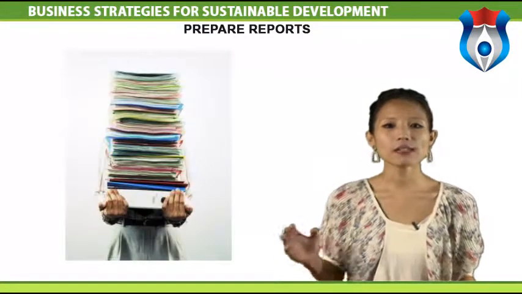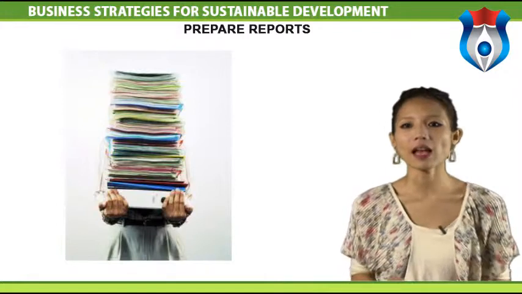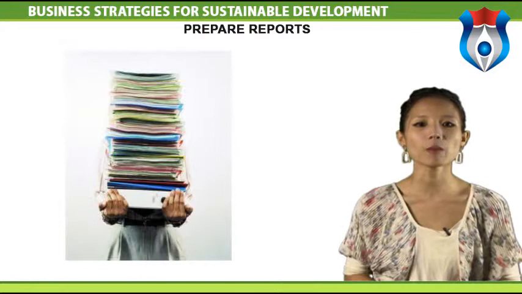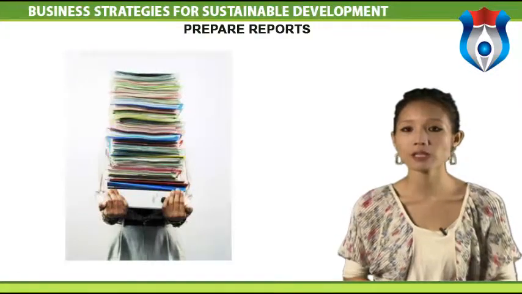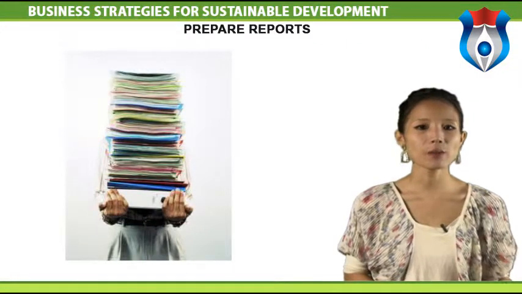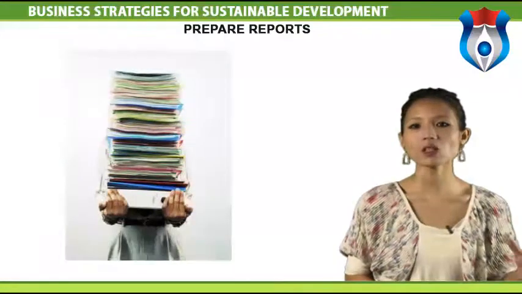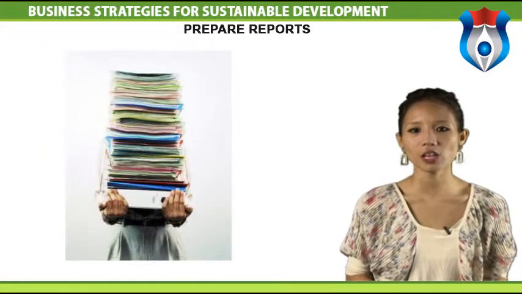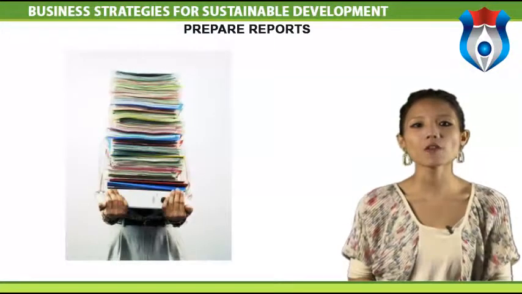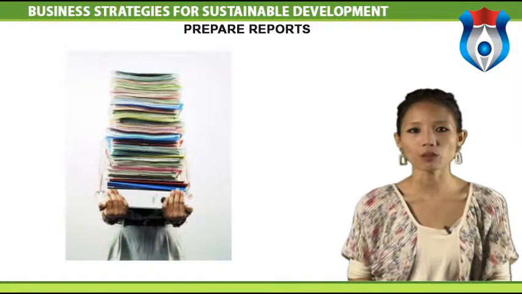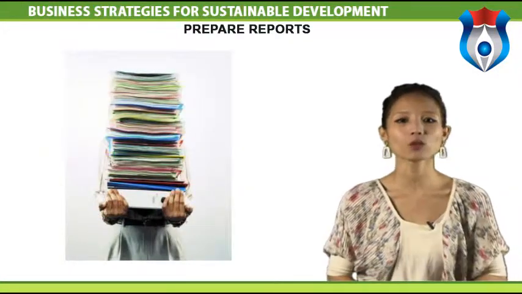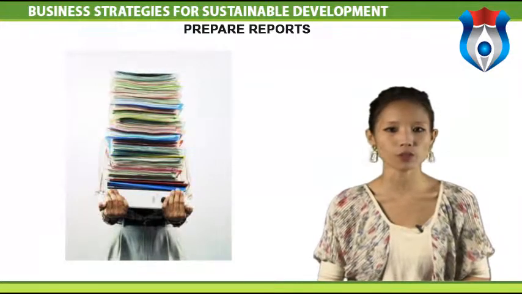Internally, several companies now ask their line managers to include in their regular reporting procedure a statement on whether they have achieved the environmental and sustainable development targets. Every business enterprise should publish at least once a year an external sustainable development report. Ultimately, a universal format for such reports will be desirable. In the meantime, managers and boards of directors should decide on the organization and content of reports.